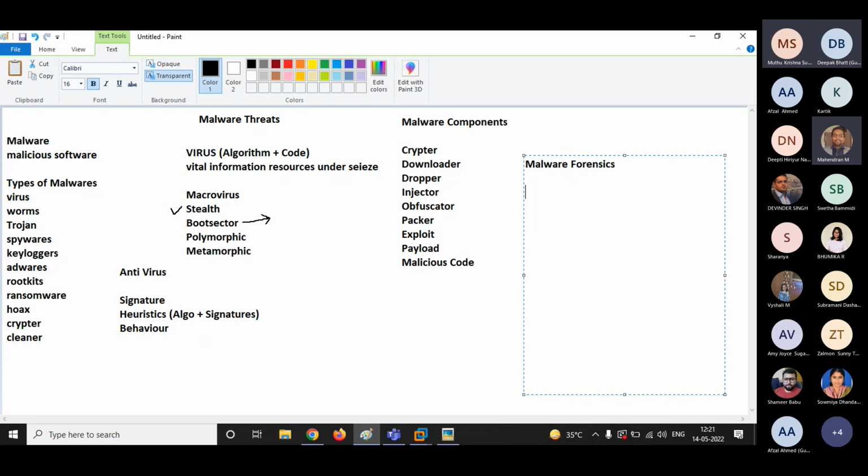Evidence is whatever is left behind by the malware, and later you analyze those evidences so that you can catch the culprit and put them behind bars. That is forensics. Malware forensics is identifying and capturing malicious code and performing malware analysis.